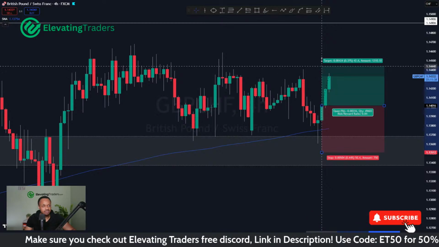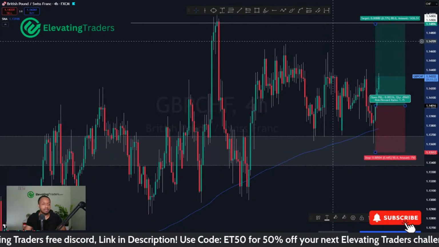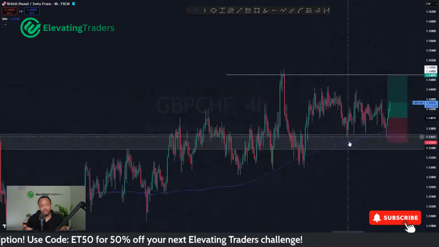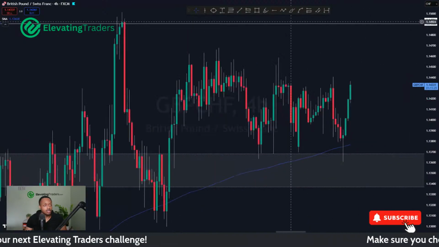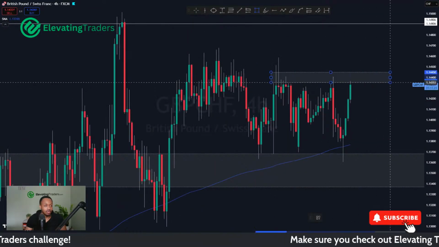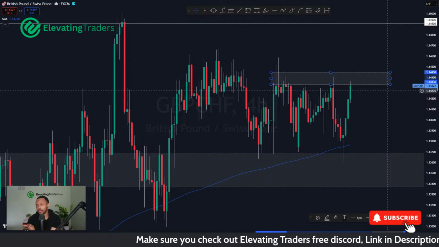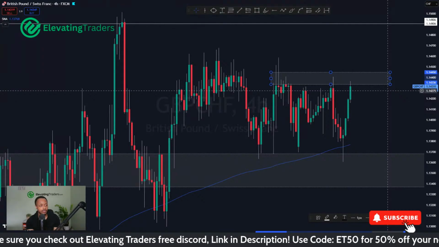But I was like, Pound CHF is just so corrective. It's a choppy pair. Risk to reward isn't anything crazy. So I'll let price do its thing here. So far, looking pretty good. But I say that as we're approaching resistance, we'll see what price can do from there. We might smash straight through. We could provide another wick and come straight back down again. It's very, very difficult to judge this pair.